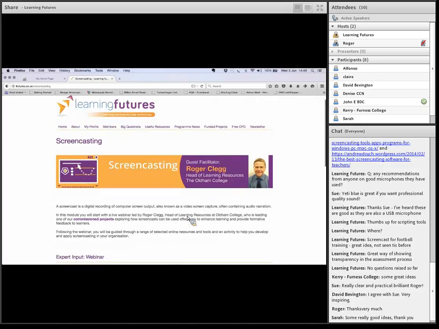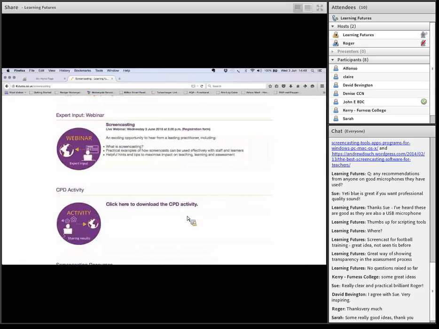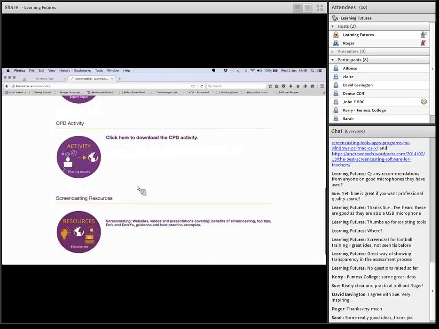There's the picture of Roger again, and as I scroll down, you'll see there's that 3-stage approach where you've got the input of the webinar, where the recording is going to be put. You will be sent to find the screencasting title. You will get the webinar recording link there as well if you ever need to come back to it. Then the CPD activity, just going to show that to start with. So if I open up that CPD activity,